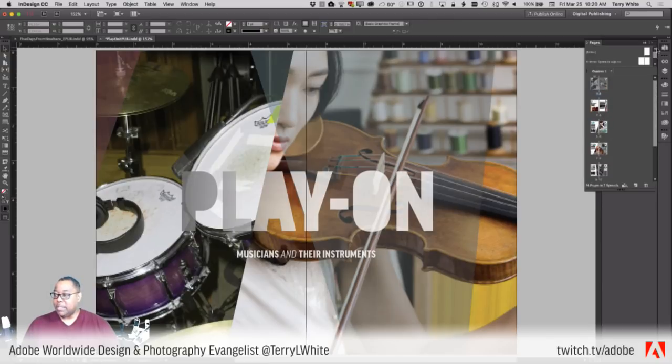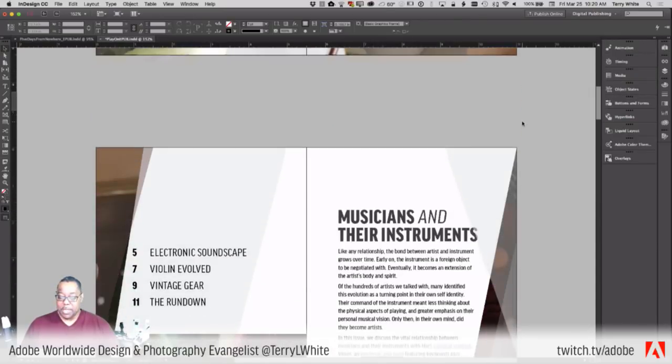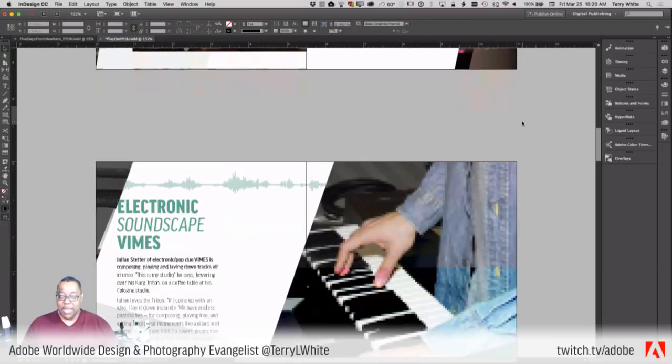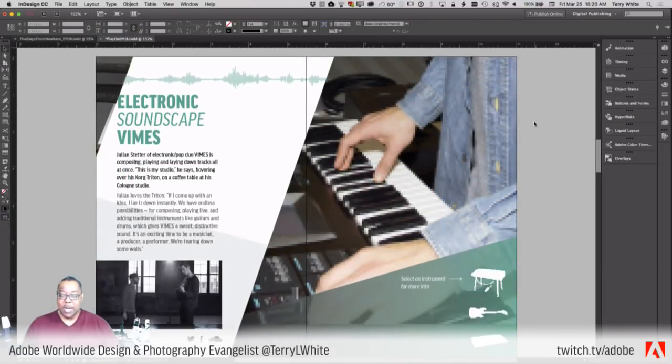So I can put that away for now, and then I can just scroll through the pages. And we can see that same layout, as we would expect, the same layout that we saw in the iPad. Now, one of the things I want to point out is this picture looks very, very pixelated. It looks like low res and something's wrong with this photo. Is there anything wrong with it? And that's an old